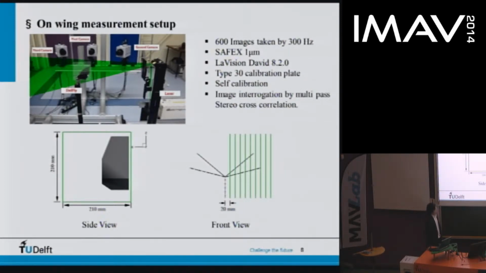And this one, we named Setup 1, to measure the flow structure on the wing. The laser comes from the front of the DelFly to directly illuminate the wing. The wing was painted black